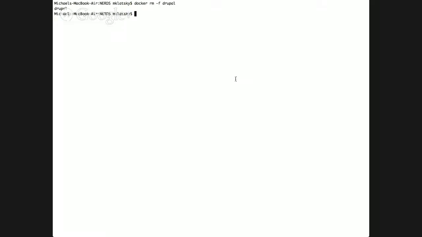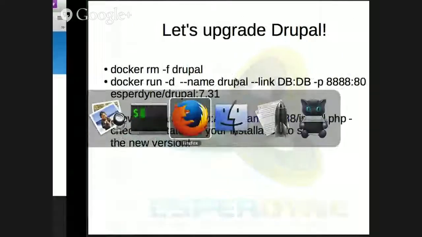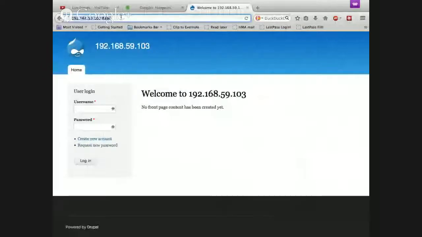I'm just going to kill the Drupal container, and if we look at the PS, we see just the DB is up now. So the next thing I'm going to do is run Drupal 7.31, and that should do the same thing. So if I go back to the browser, and the reason I'm doing install, if you've ever run Drupal and you've tried to set your own settings PHP file, instead of letting the installer do it, it kind of goes crazy and it's missing some tables and it gives you an error. It won't automatically go right into it. So you run through the install,